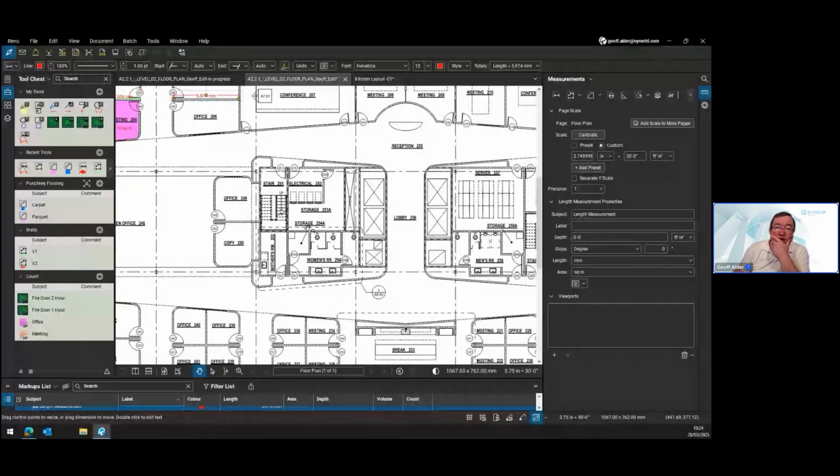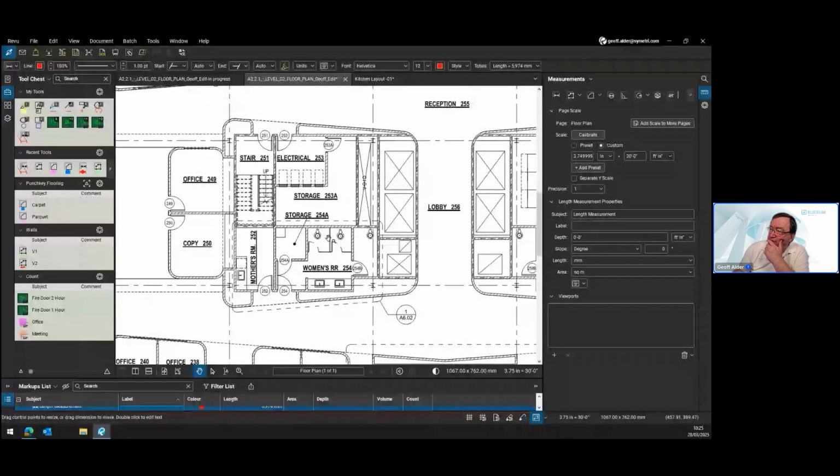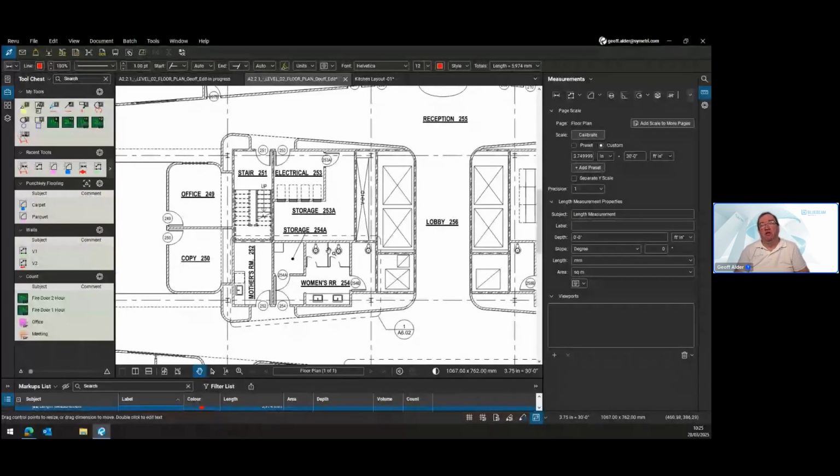Another area I've spoken about when working with my joinery and carpentry, one of the areas I used to do a lot of was fire doors and things like this. So very often I'd want to make a count of items. For example, on this, it's not actually correct, but say this particular area in my building,